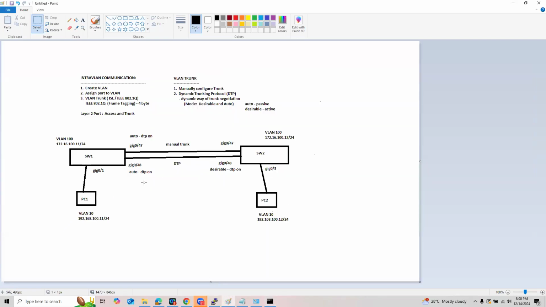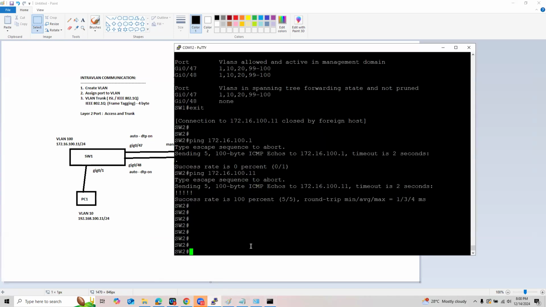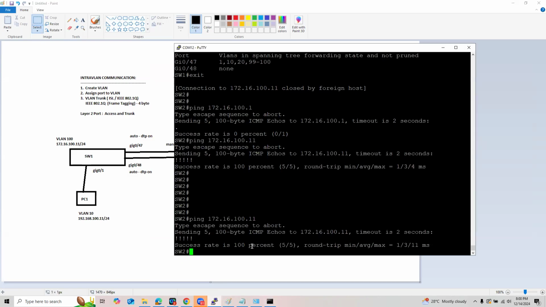PC1 and PC2 are in the same VLAN, so VLAN 10. And also, we're able to allow communication between switches. Remember that the two switches are part of the same VLAN, that's the management VLAN, VLAN 100. And they are also now able to communicate with each other.